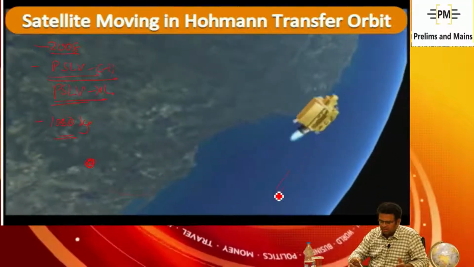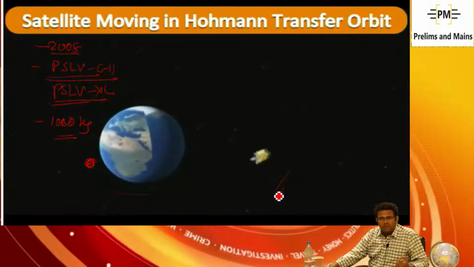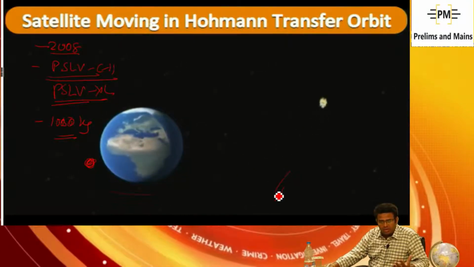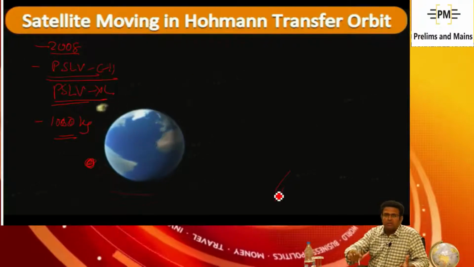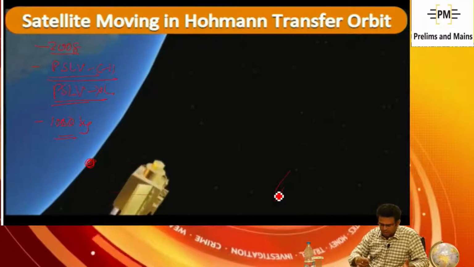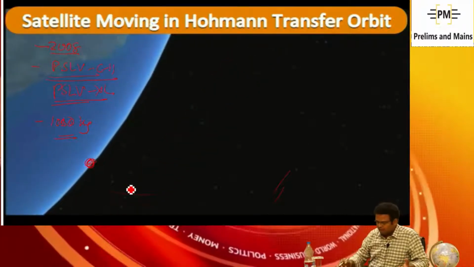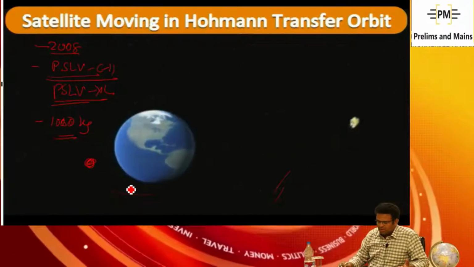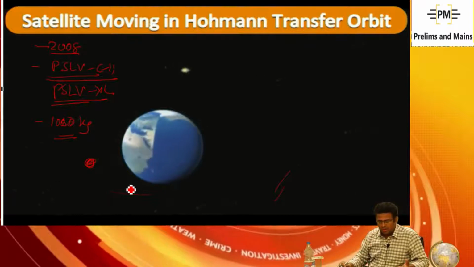It will inject some amount of fuel, fire it, and the push from the fire will start moving it in an elliptical orbit, that is the Hohmann transfer orbit. Again it will fire and move away a little, and this way, through the geosynchronous transfer orbit, it is able to reach